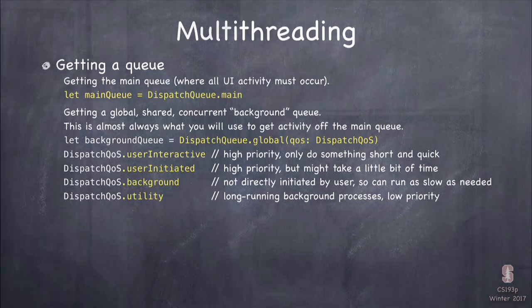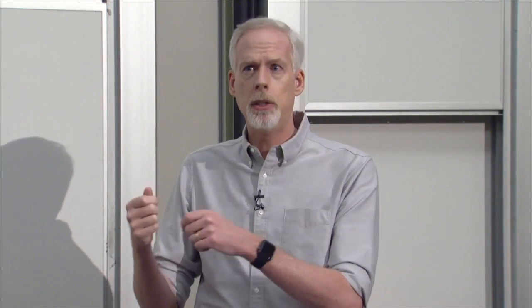So these are the 4 qualities of service, and you just need to pick which quality of service you want for your global queue. And then remember that the things you put on there are going to be run concurrently. So they can't really depend on each other. I'll talk about things depending on each other in a second. But you want to think about the things you put on these global queues as being these independent little things like go fetch this file. It's all self-contained, just give me this file. Not blocks that are going to be somehow depending on each other's results, because this is all concurrent. These things can be happening exactly at the same time, so it's not serial like the main queue.